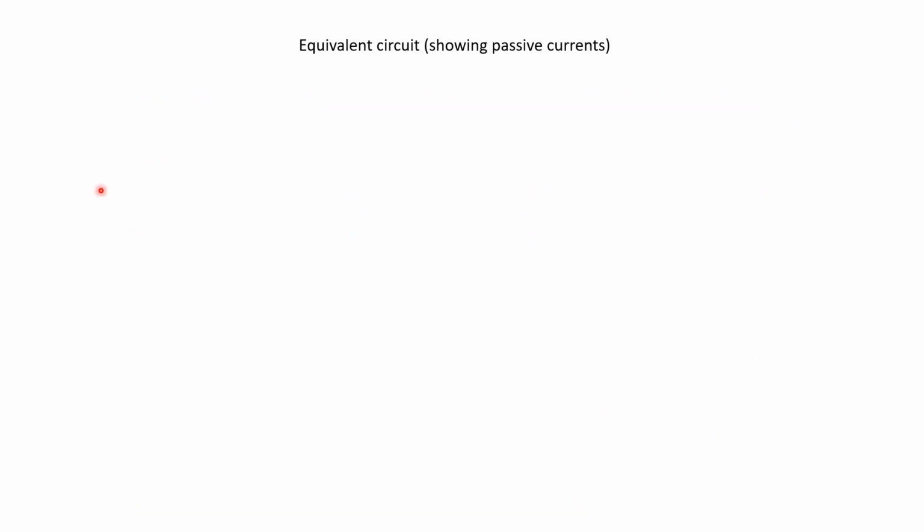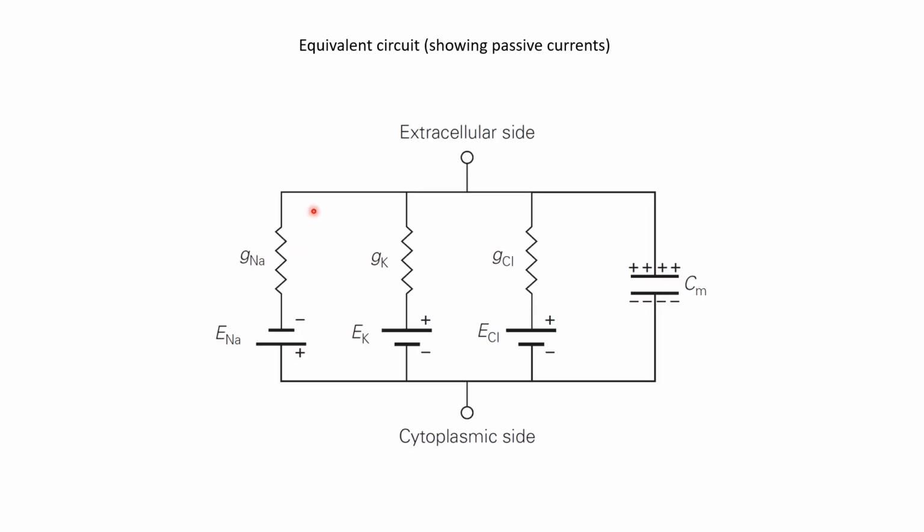We know that the different channels should go in parallel, so the equivalent circuit becomes something like this. You still have the capacitance as before, and now you have different paths for different ions. Each ion has its corresponding conductance and battery. So we now have these three possible paths that the current can take, and the capacitor,